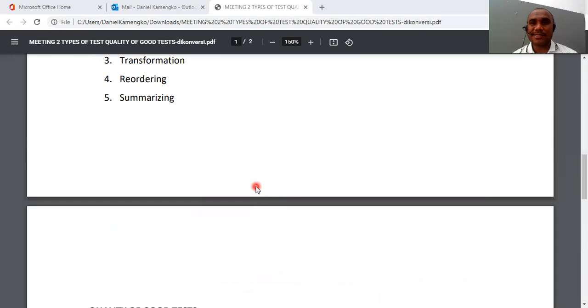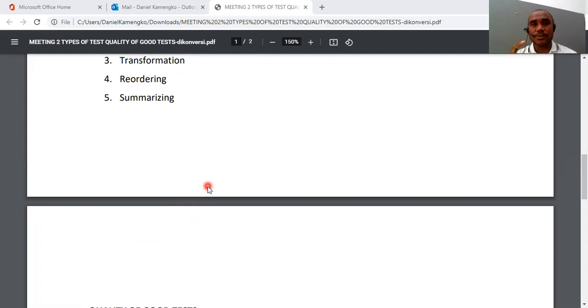Now I'm going to talk about the task 2. If you go to the e-learning system, look at the task box, click there and open.